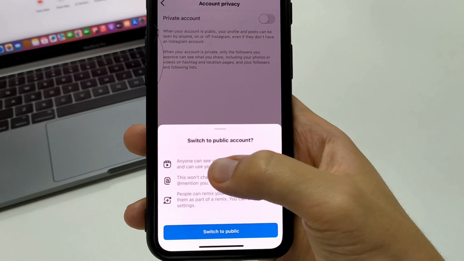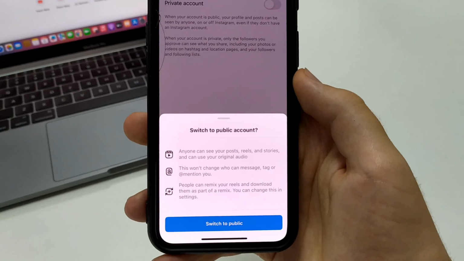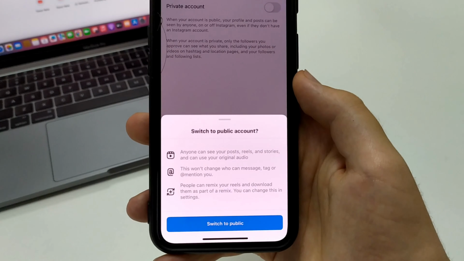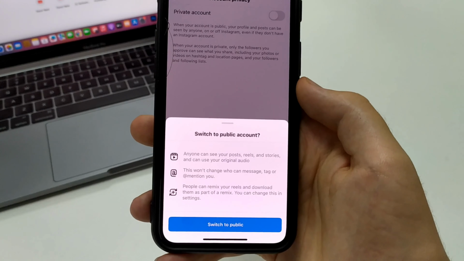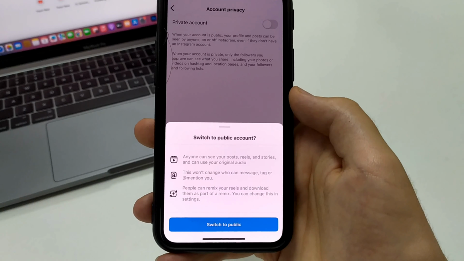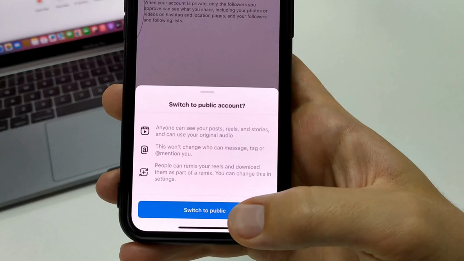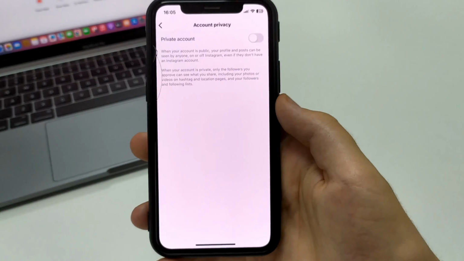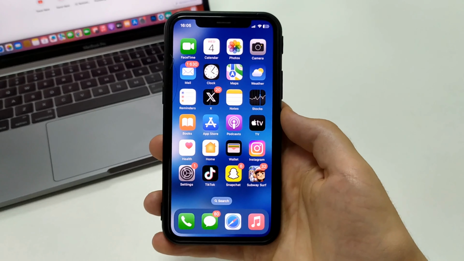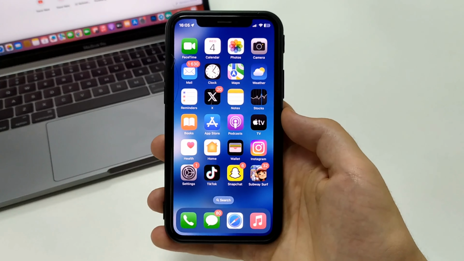Now we read that here, now we'll be able to comment, put likes, write comments, simple ordinary people, as well as subscribe without request. You will not be asked. If you agree with this, click Switch to Public. After that, your account becomes public. This is a simple way to do it.